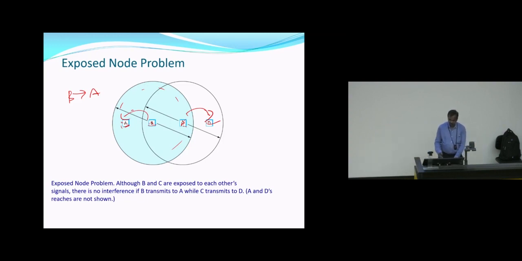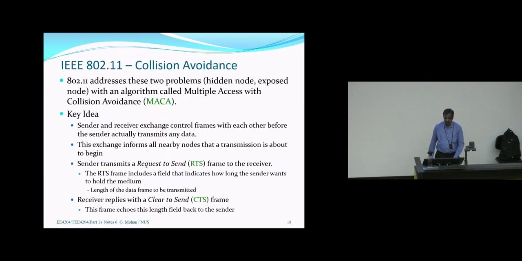Okay? So the problem is this. Although B and C are exposed to each other, that is, whatever B sends will be received by C, and whatever C sends will be received by B. In terms of transmissions, if B transmits to A, that transmission will not interfere with C transmitting to D. This is an exposed node problem. In fact, we should not call it a problem. It's actually a good feature. We can have multiple simultaneous transmissions. So how is it addressed by